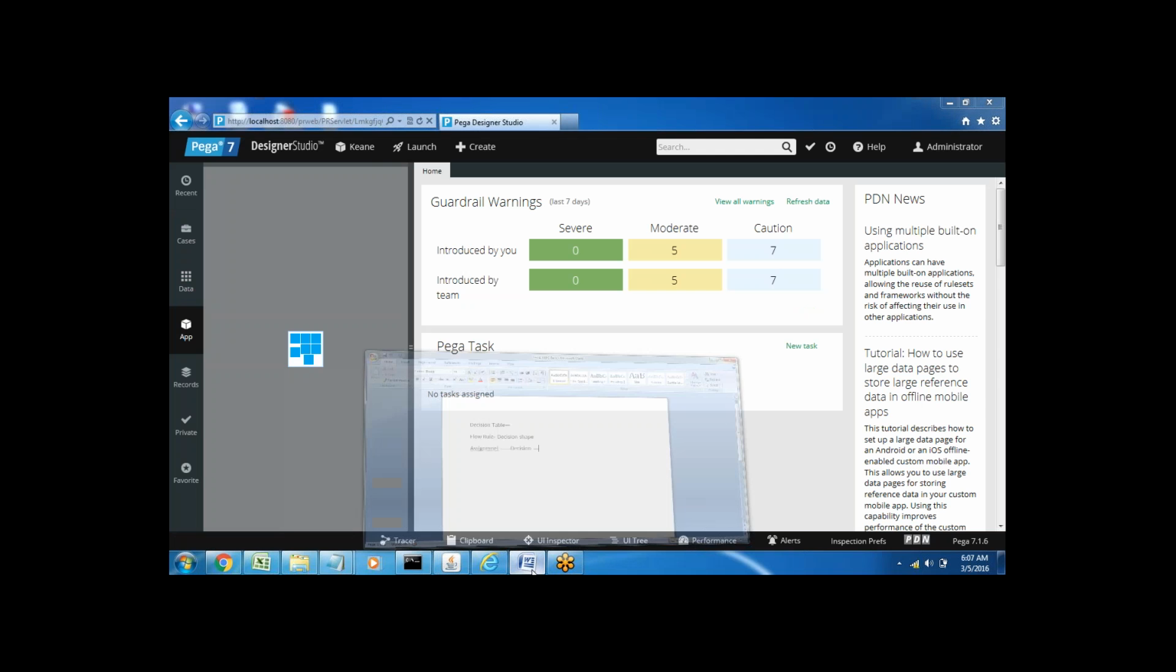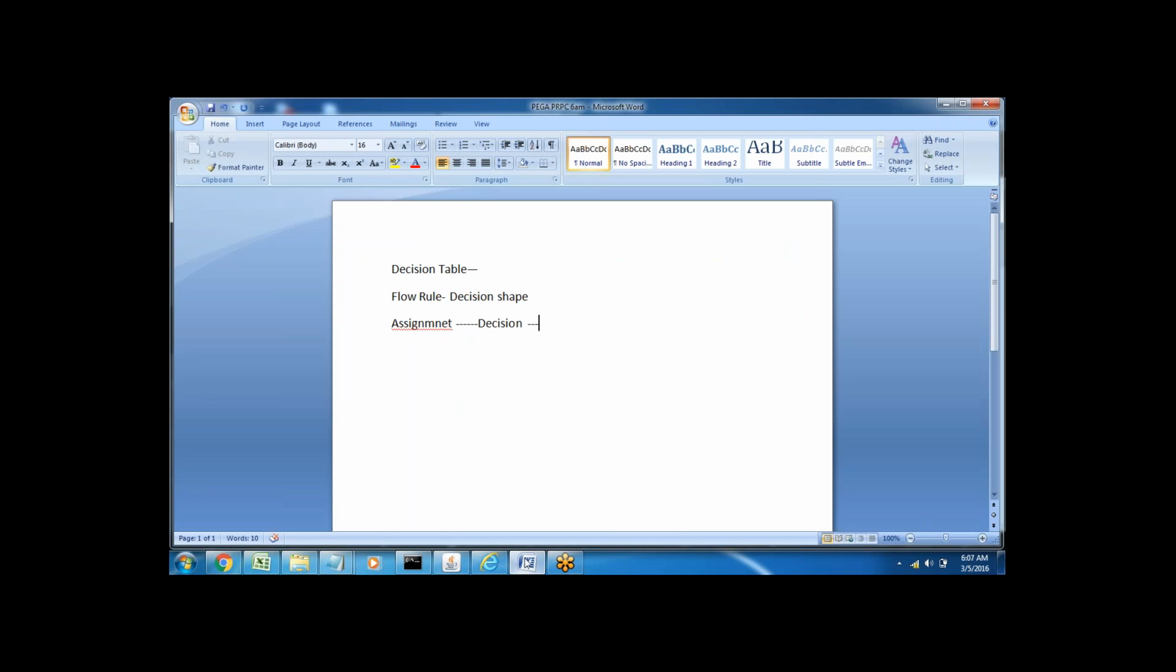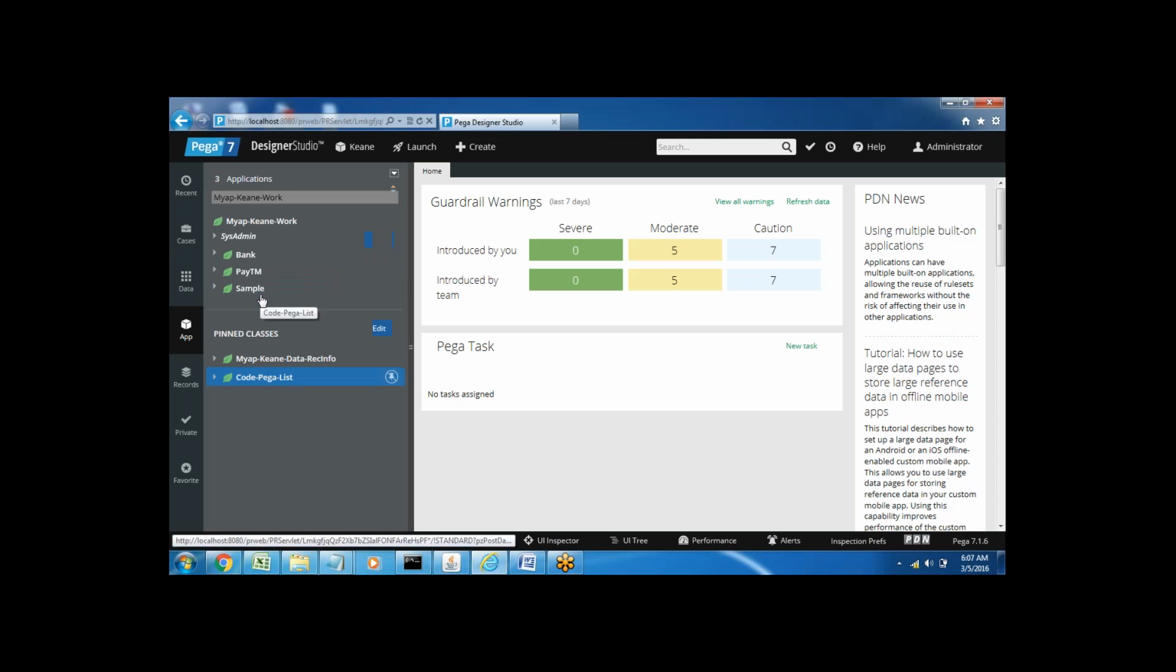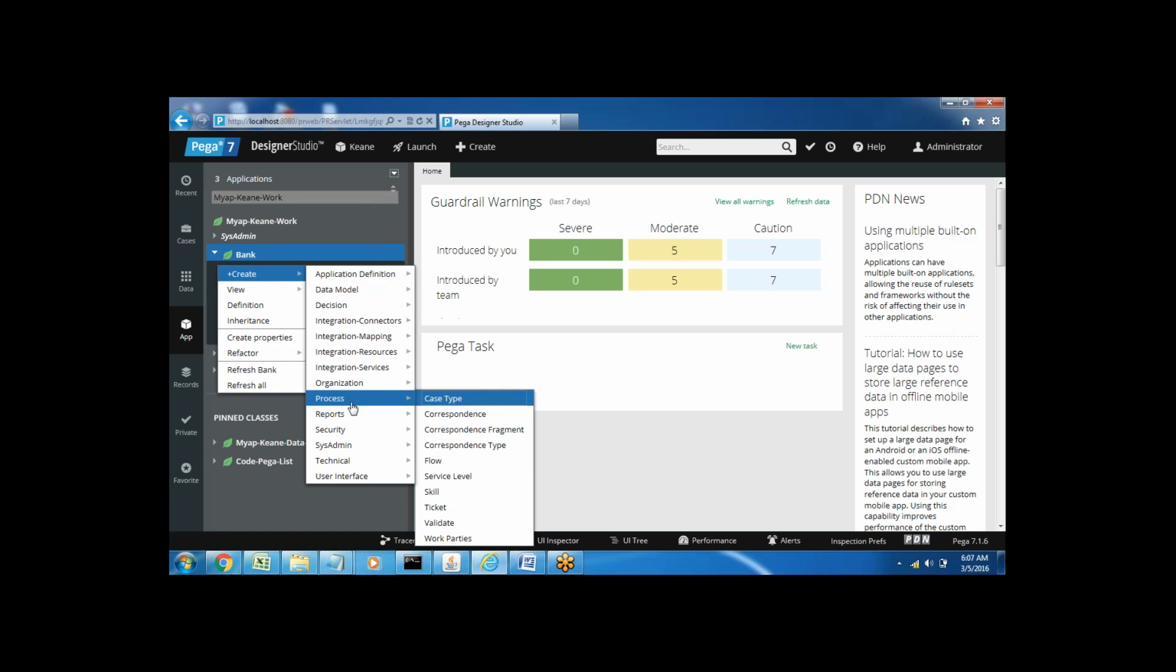Okay, so in the next step now we will configure a flow rule. Okay, so the process flow we have to configure, and we are creating everything inside the bank class. Okay, from this class we can configure this flow. So from process, open flow,